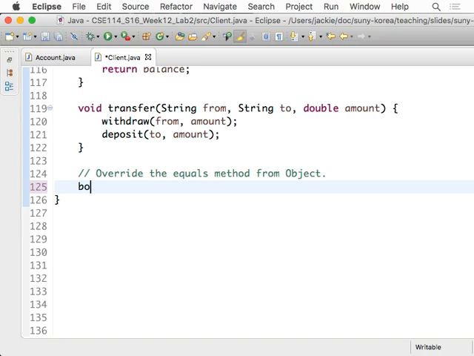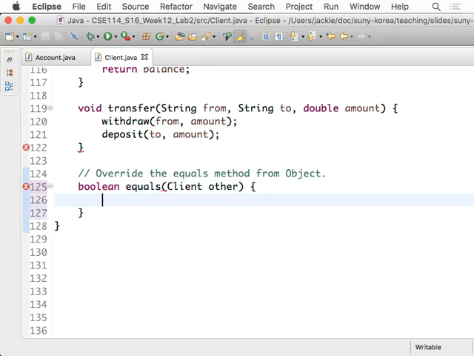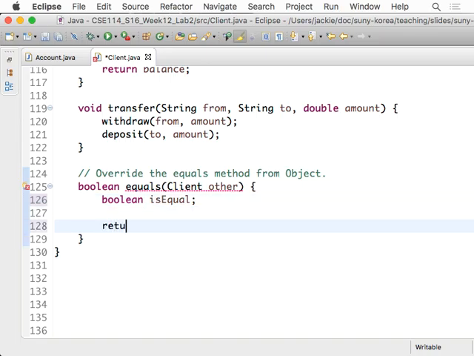Okay, let's say boolean equals. Now we're talking about Client other. Since we have to go over the list of accounts for the client, you cannot just do a one-line return statement. So let's define a variable here. boolean isEqual. Let's do this first. Then return isEqual. Initially that's simply equal to